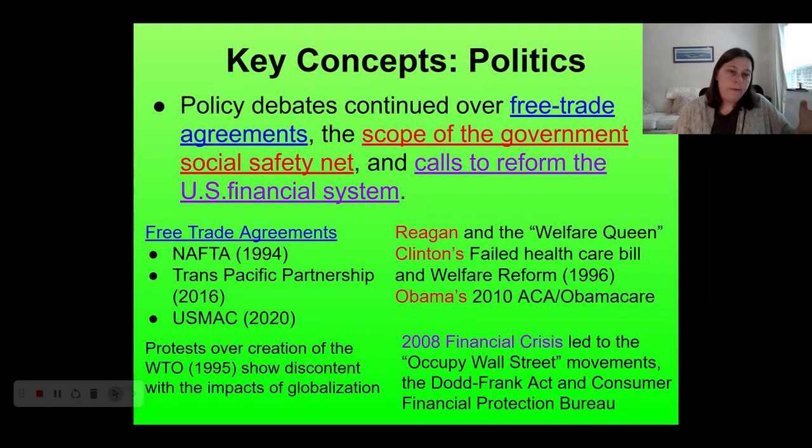Is it good for or bad for the American worker? Another kind of flashpoint of this is the creation of what's called the WTO, or the World Trade Organization. You should think of the WTO as being an organization similar to the United Nations. It's an NGO, a non-government organization that contains representatives from countries all over the world. But the WTO has a very specific economic focus. It's supposed to organize and adjudicate trade disputes, manage all sorts of international trade agreements and things of that nature.